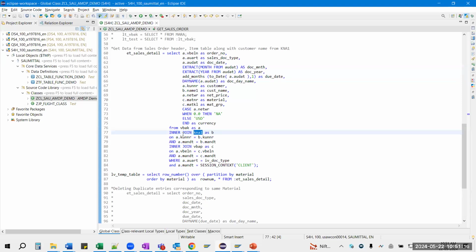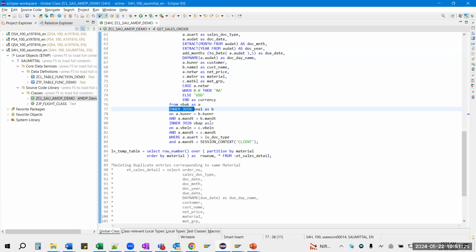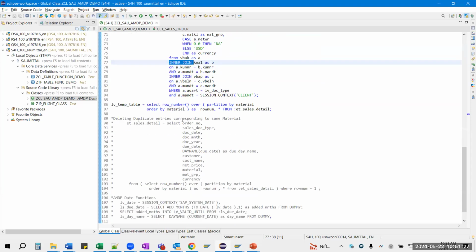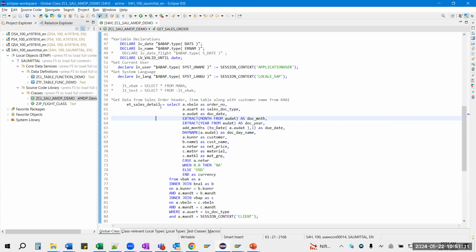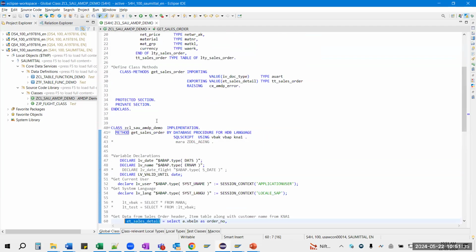I can use left outer join or inner join, but I want to get the customer details only if the sales order exists. That is why I've used inner join. So my select query is complete. This ET sales details is my output structure, which I've declared here. See, exporting value in my method declaration. I've used value here